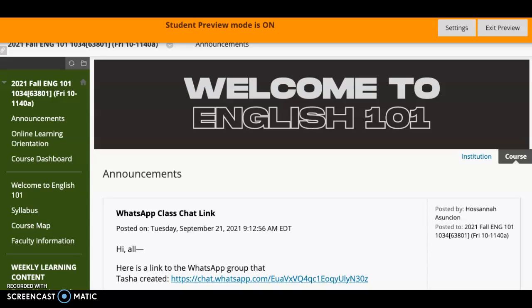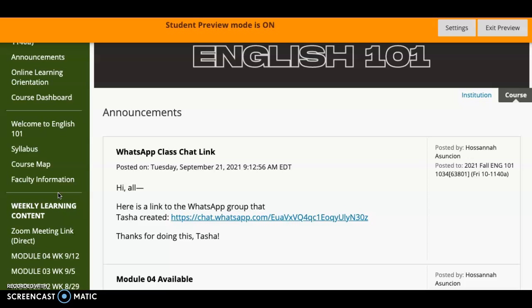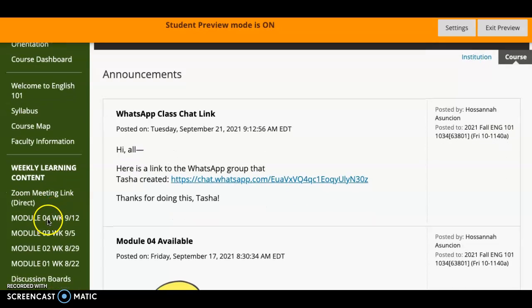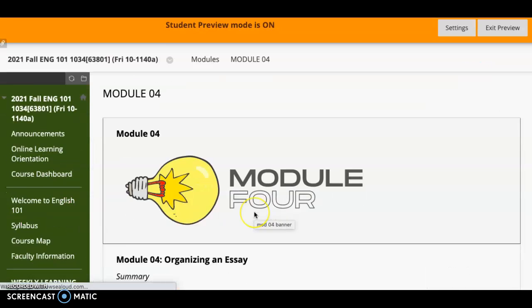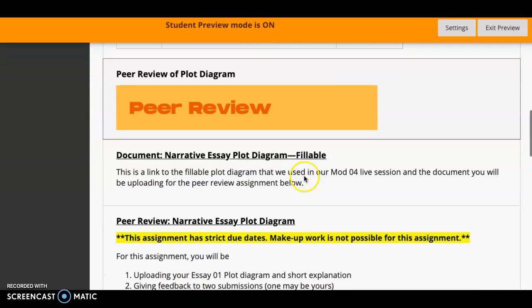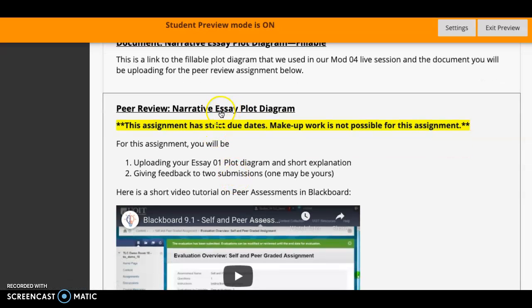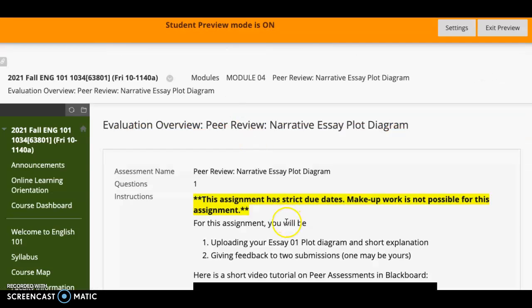Hi everyone, I want to go over how to do the second part of the peer review. So this is what you'll be doing once the evaluation period begins, which is now. In Mod 4 we have the peer review. We'll scroll down to where it says peer review. This is the document, and here is the peer review section. So you'll click on that link,